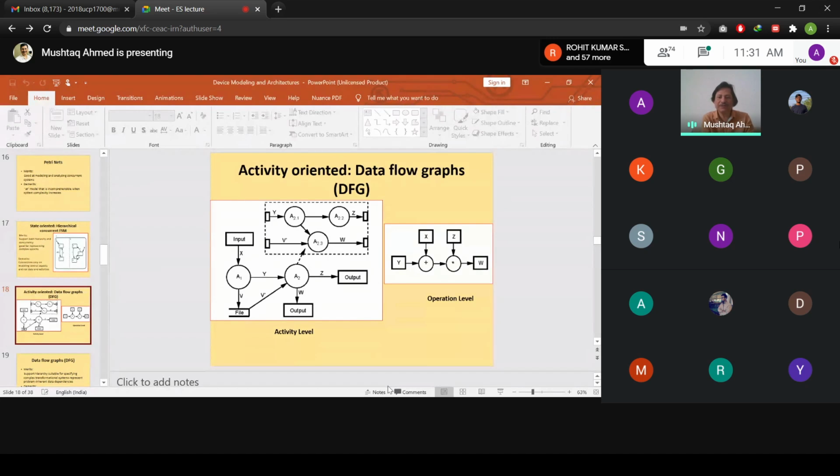Another type of this operational level data flow graph is depicted over here. Based on the inputs y and x, we first need to perform the addition operation, and once that is completed and the data z is available, it has to perform the multiplication operation and produce the value w. So all these